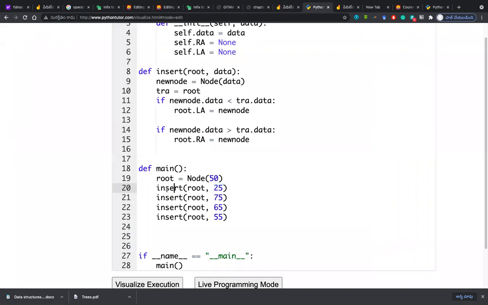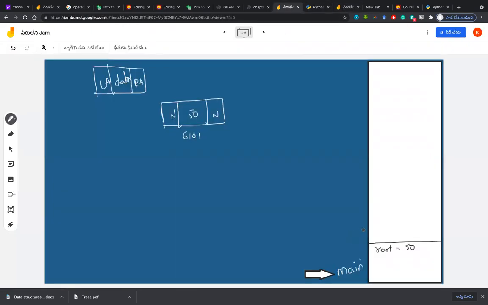It is trying to call the insert function with root and 25. I hope you are understanding. So now I will push the insert function into the stack. I have shown you this one, right? How the functions are called. So this is the insert function.